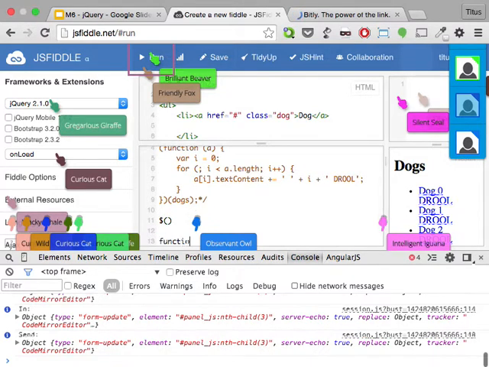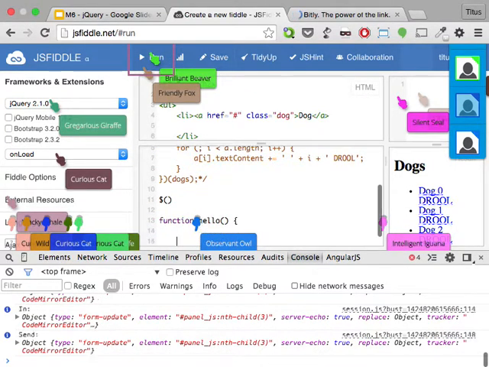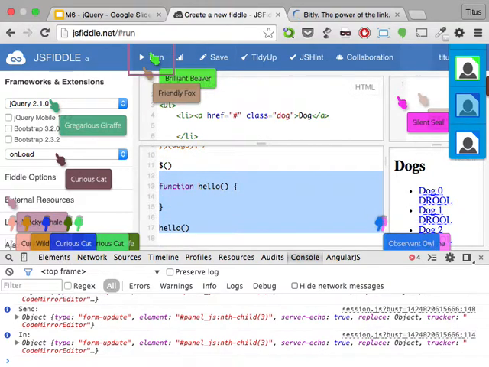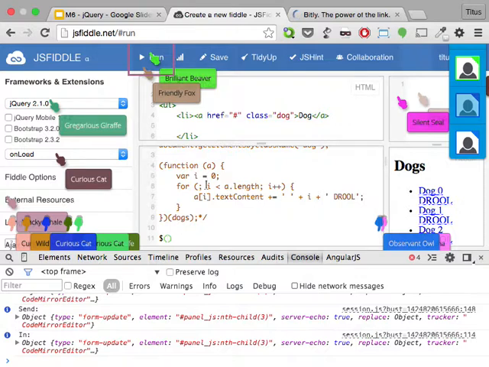Like when you say function hello, and then when you use hello, you say hello, right? This is what this is doing, except instead of hello, we're using a $ sign, because we're lazy as developers and we want things to be easy. So we're going to start with our $ sign, and we're going to say,